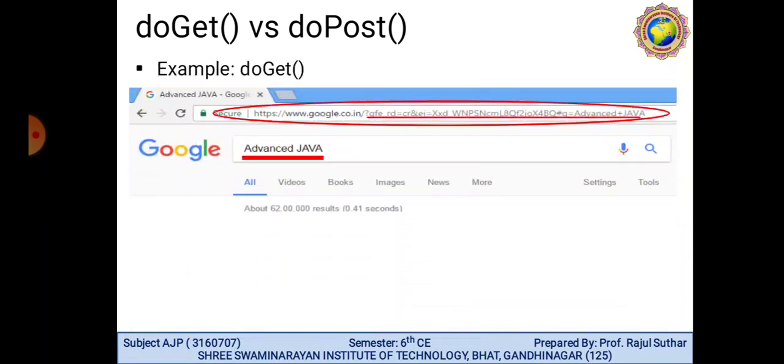One example here: https://www.google.com, and at the end is appended advanced Java. So it is converted into URL encoded format. Some of the characters are also converted, so the last part is appended like advanced plus Java. So this word is searched by Google in the doGet method. While